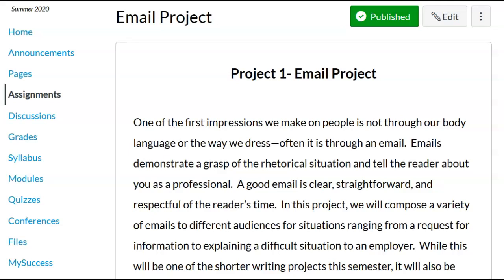communication is a lot more challenging than spoken communication because there's a lot more opportunity for misinterpretation. So you're missing a lot of the body language that can add nuance to somebody's communication. I think we've probably all had the experience of sending a text message or an email where something we thought was funny or was meant to be sarcastic wasn't taken that way, and it caused some miscommunication. So this project is going to ask you to write 3 different emails to 3 different people for 3 different